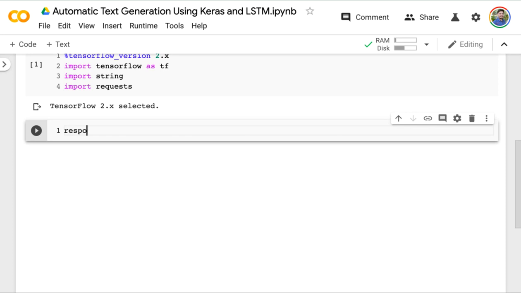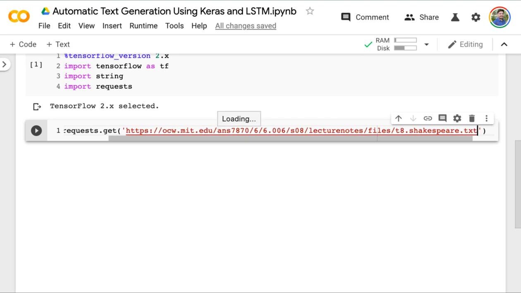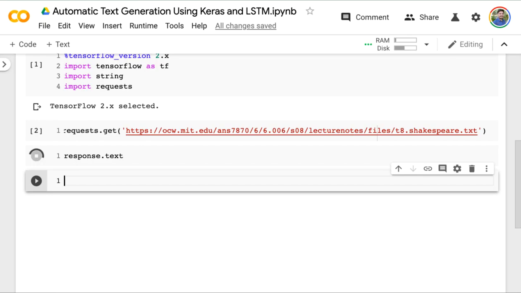Now let's go ahead and read this text directly from the internet. We can get it with response is equal to requests.get, and there we need to provide this link. Once we provide this link, hit enter, and then you can type response.text and print this text. So this whole text has been returned by requests.get, and it might take a little time to fetch all the text,